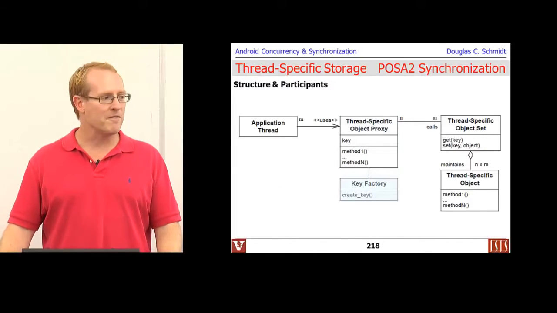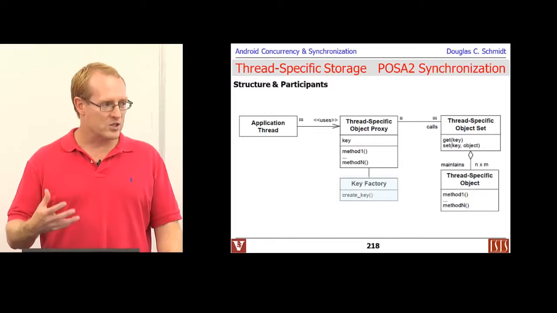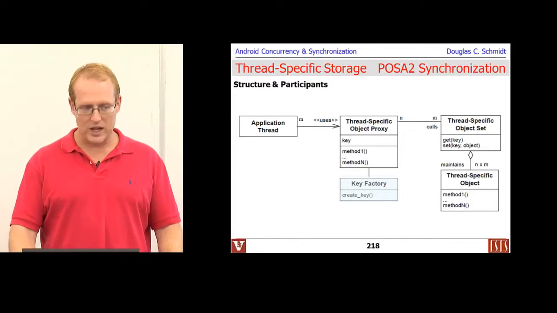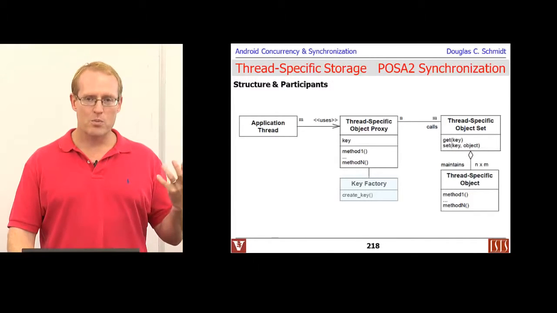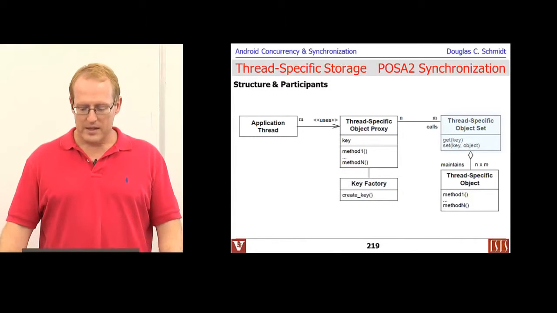There's also something called the key factory, and that's used to make the ways to identify each of the thread-specific objects. We're not going to talk much about that. It doesn't really show up in Java. It's kind of hidden from you by the ThreadLocal class. The next thing, which is